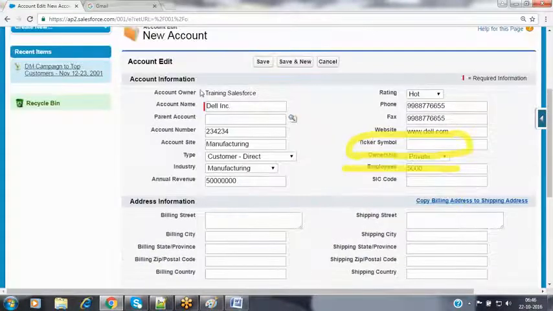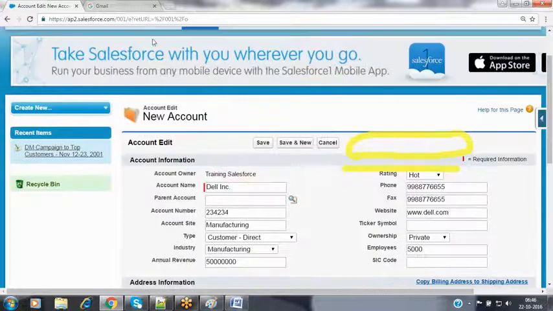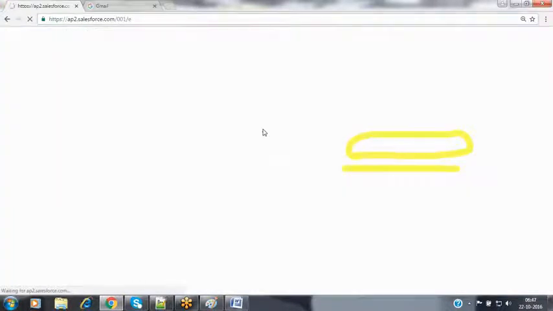So in the next session, we'll see what exactly fields are, what is the use of fields, what is the association. We'll see practically in the next session. Now observe the URL here. This is the URL available as of now. After entering the data, when I click on the save button, my record will be getting saved.